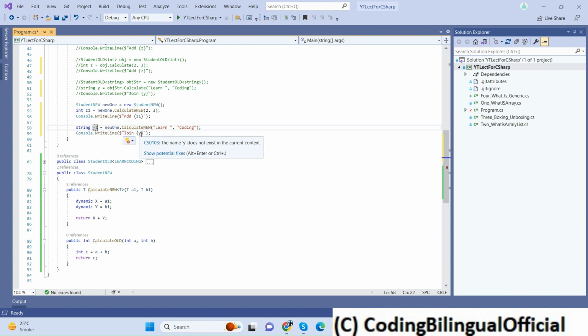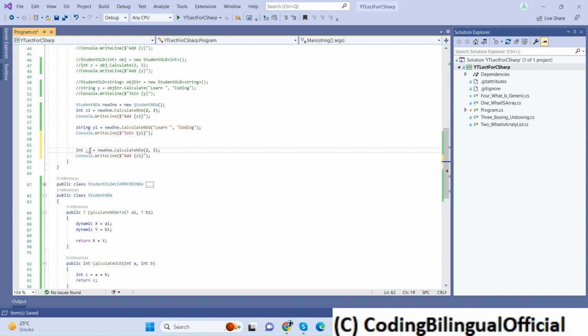The important thing is that, now, on line number 51 the calculate new method will work as a string, while on line number 55 the calculate new method will work in integer form. In the same way it will return an integer value or a string value. And for the simple data type, the calculate old method works in a simple manner. Let's say z2, and instead of calculate new I'm going to specify add, and let's change the values so it helps with better understanding. So now when I run this application,